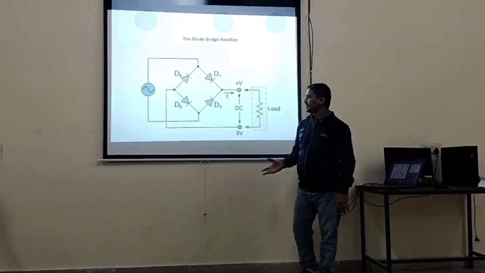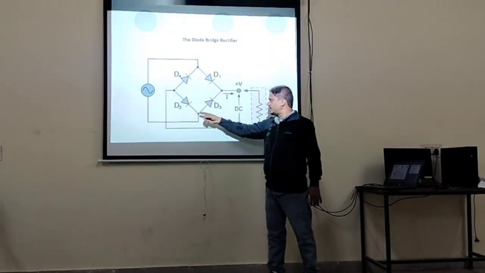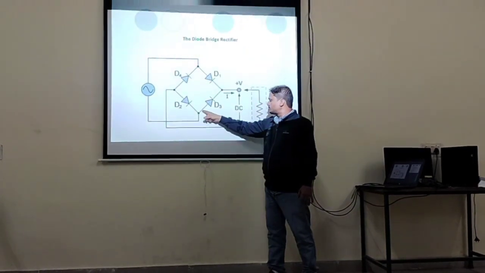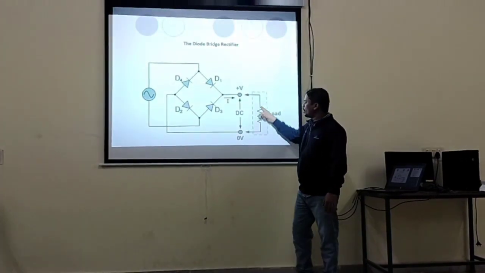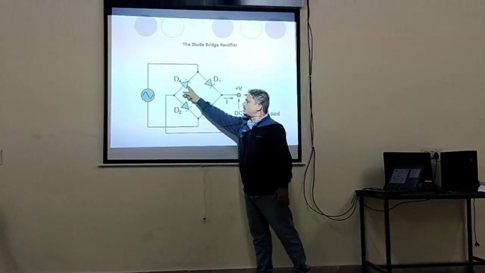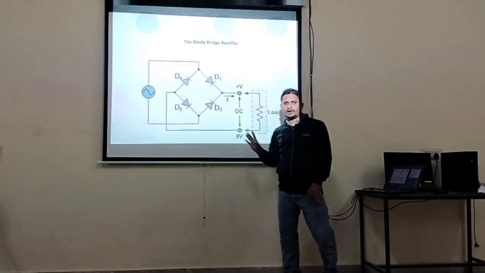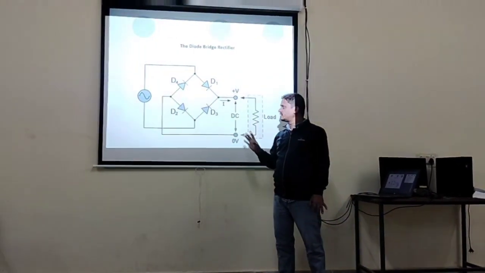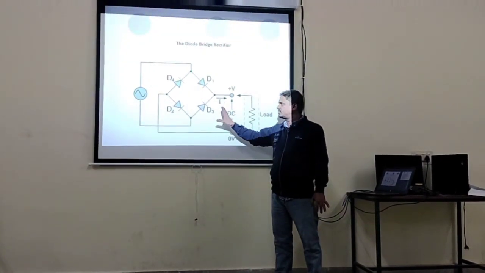Next, during the negative half cycle, the current flows in the reverse direction. The current starts from the negative terminal, goes through diode D3 to the load, then from the load to D4, and closes with the positive terminal. At that time, D3 and D4 are forward biased, which means short circuit. D1 and D2 are reverse biased, which means open circuit.